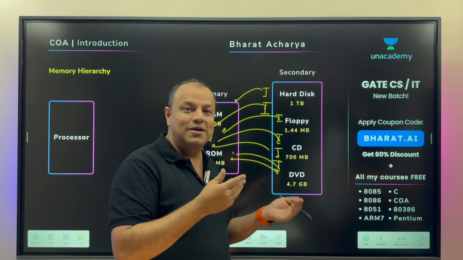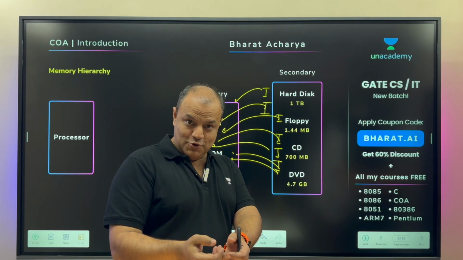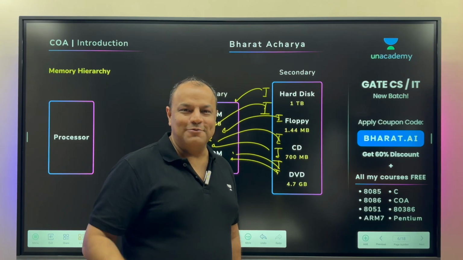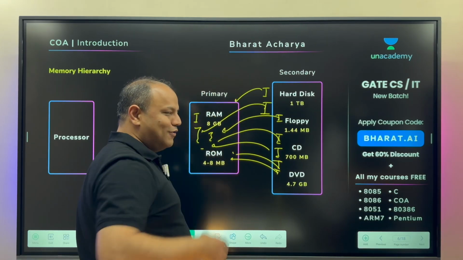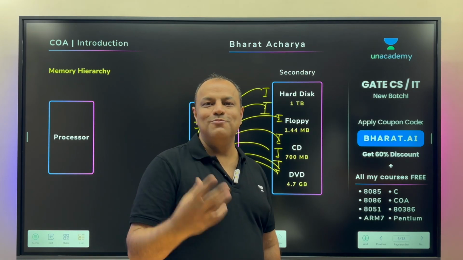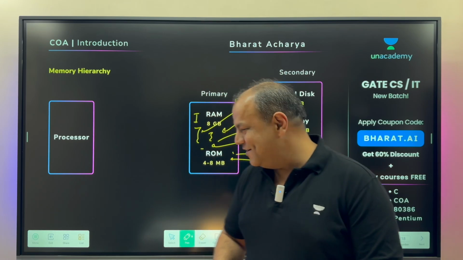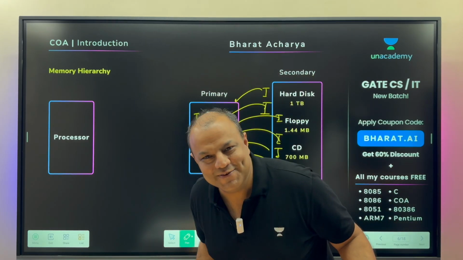So as you open more and more applications, as you open more and more apps on your phone, it starts lagging. Then what do they say? Kill the apps. What do you mean by killing the apps? Get rid of them from your RAM so that you have more space and more apps can come in. Suddenly you free up your RAM space. Are you clear? Or increase the size of the RAM.